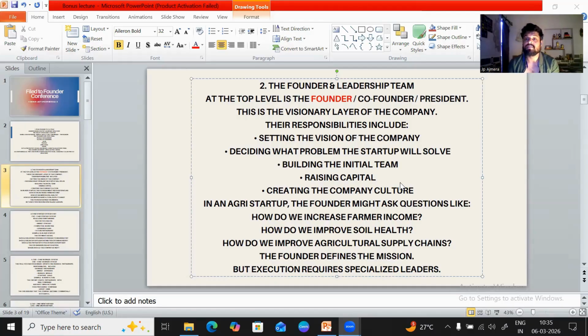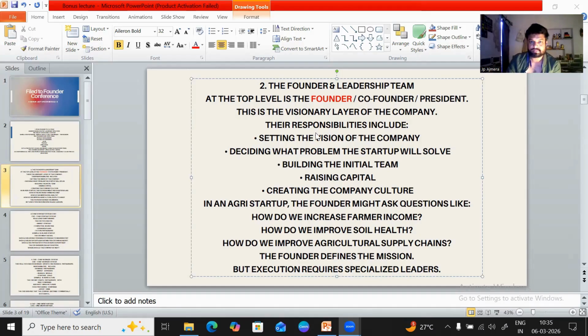So what kind of work do they do in their day-to-day, or day-to-day workload, in a startup? First, the visionary layer of the company. You can go with the founder, co-founder, and the president. These are the visionary layer of your company. The founder is the biggest one among the three. The co-founder is just below the founder, and the president handles the day-to-day work tasks or workflow